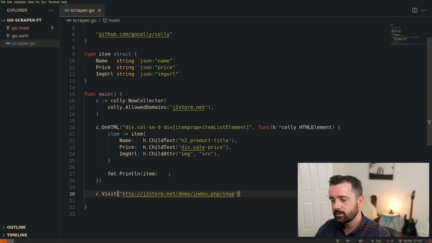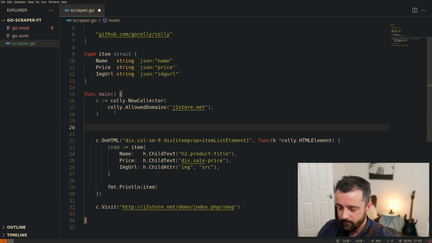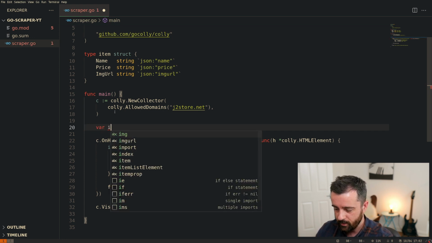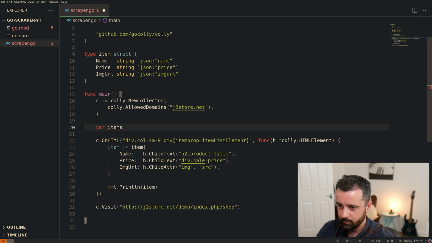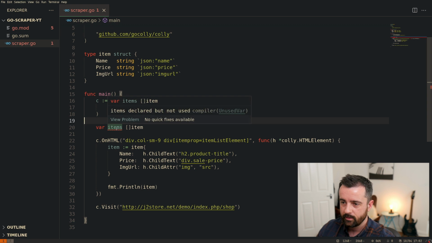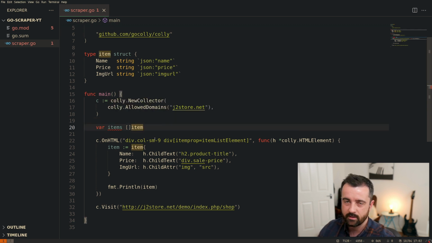Now we want to actually be able to, instead of just printing this out each time, add this to a list or a slice in this case. So what we're going to do is above this, we're going to say our items is going to be, actually we need to do var items, and this is going to be a blank slice with our item in. This just means that we declared it, but we're not using it. So this is just saying this is our blank list, if you like, if you've come from another language. And we'll do here